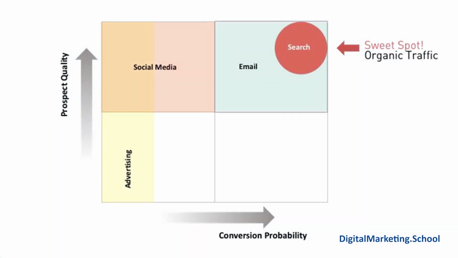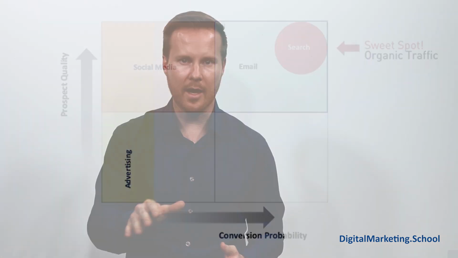Now let's take a look at email. Email is very similar in the way that people act on social media. The prospect quality is very high on email because people consciously decided to opt into your email list. Now, if you bought a list, that's absolutely not true because those people didn't have a choice. You added them. And I don't recommend doing that at all. So do it the right way. We'll talk about how to get subscribers for your email list later on.